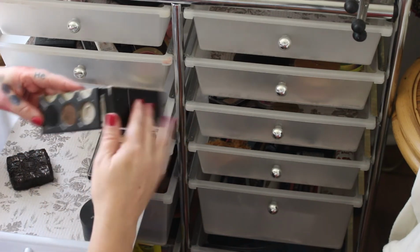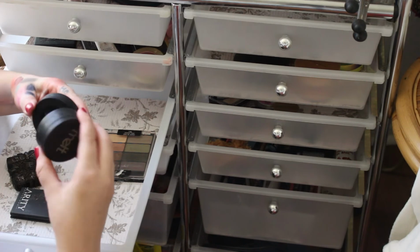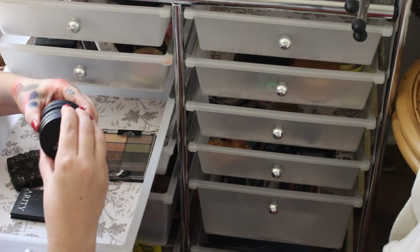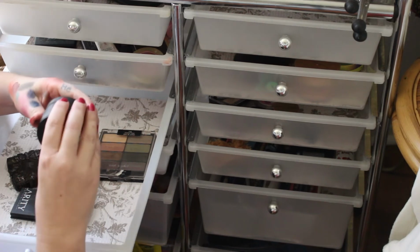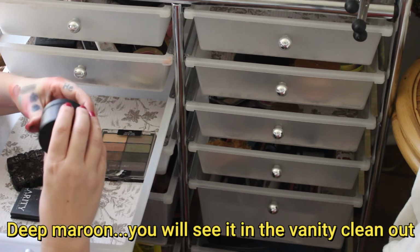Then we have just a nice brown and black, keeping that. And then we have a Melt stack, keeping this, even though they're hard to work with sometimes. There's a purple that goes in here, or not a purple, a something. My aunt just sent it to me. But yeah,